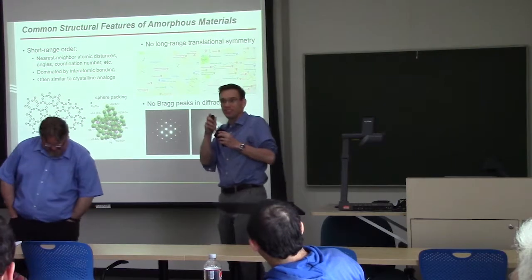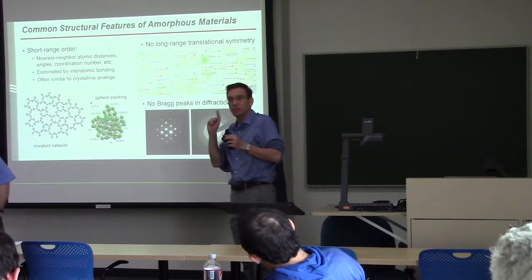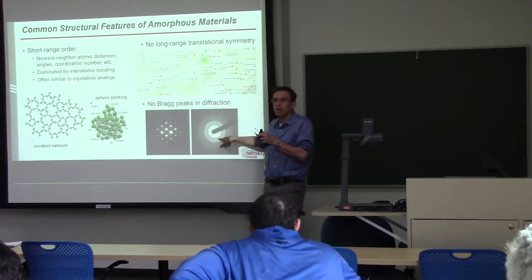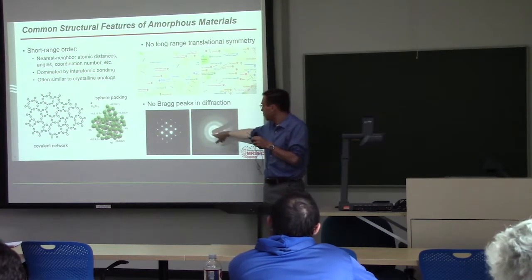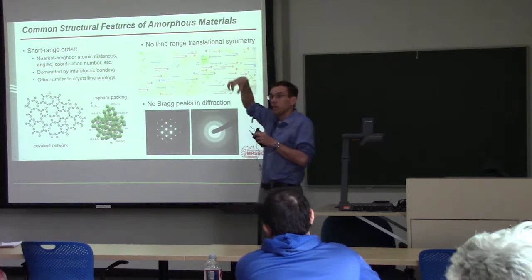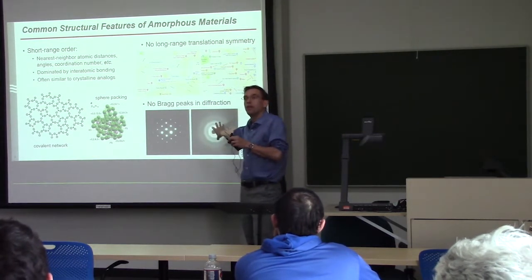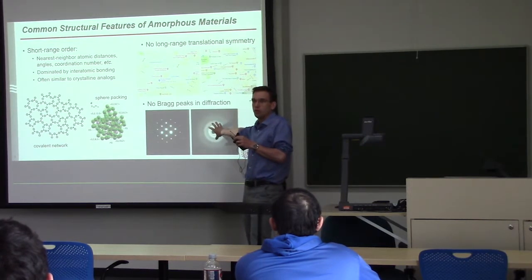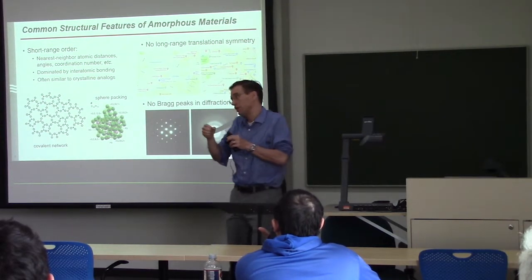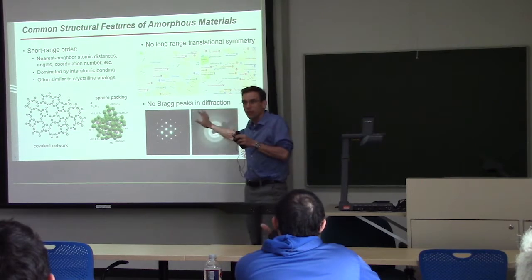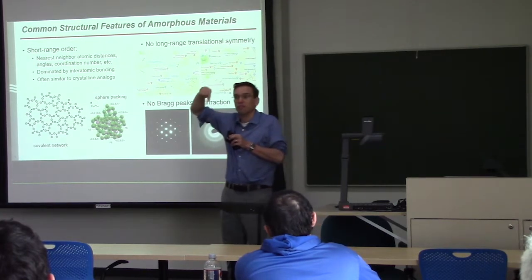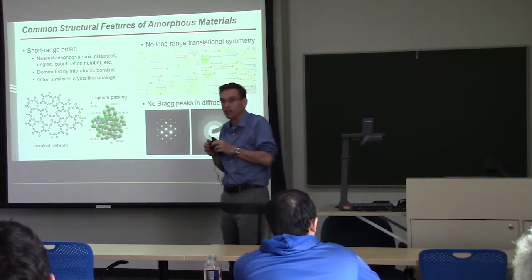So maybe I can add something to the question about matching the probe size. If you look at this diffraction pattern here, the key is that you've lost a lot of information. The averaging that is inherent in doing this incoherent average over many instantiations of the glass has destroyed information. So any way that you can avoid the average would be mathematically equivalent. You can either look at a small sample volume, or you can create a probe that has phase coherence across the whole thing. But you need to do something that avoids looking at the average, because the average has destroyed all of the orientational information, and in fact smeared out the bond length direction information as well.